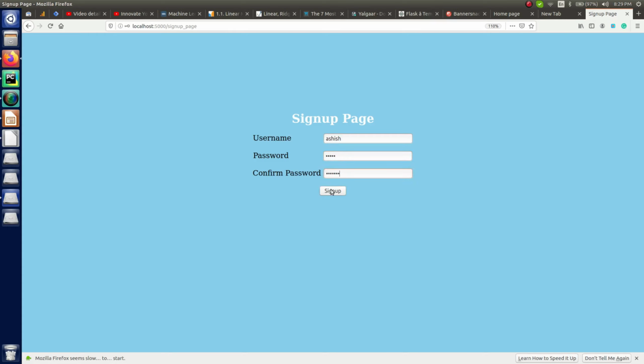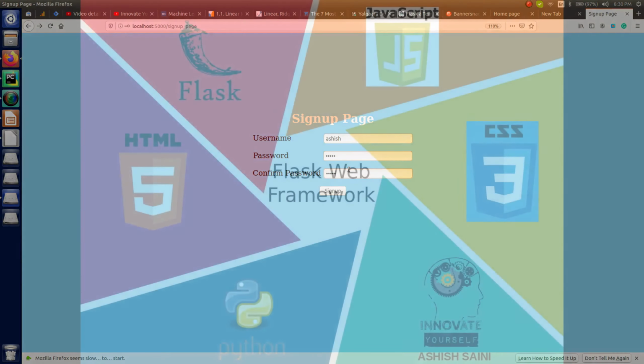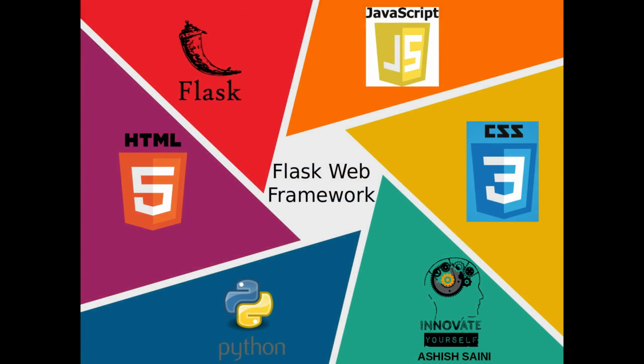Now in today's session, what we want to do is add some data to the HTML page which you have created, which is static right now. I want to update that HTML page by using programming in Python with respect to the Flask web framework, which I am going to use. So this is what exactly we are going to do today. Now let's get started and let's see how to do that part.